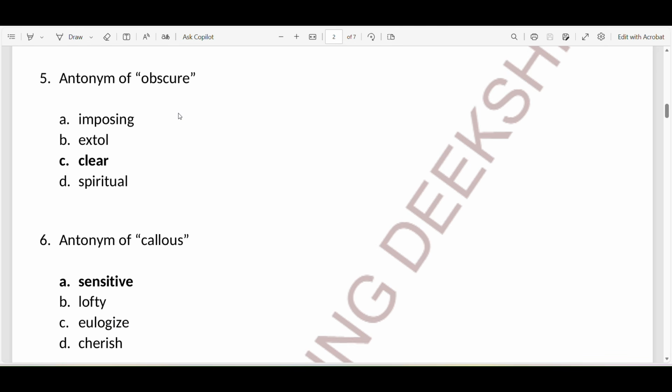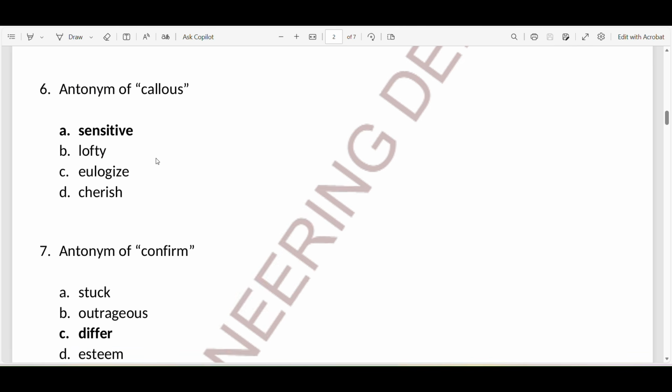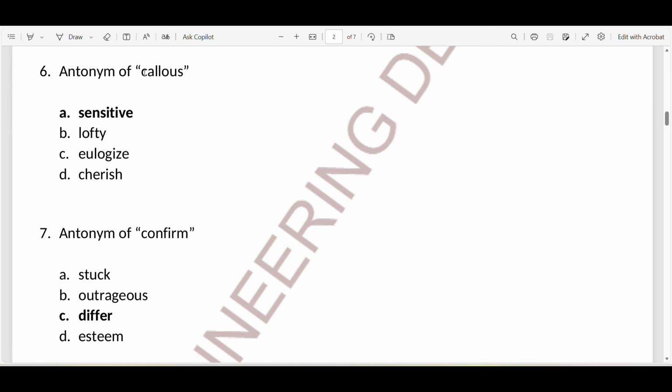And when you see the fifth one, obscure, but here they are asking for the antonym of obscure. Antonym is nothing but it is opposite word. What is the opposite word of obscure? That is clear. That means what is the meaning of obscure? It is opaque, means it is unclear, right? It is confusion. We can use anything for synonym of obscure, and when coming to this antonym of obscure, it is clear, right? Yes,